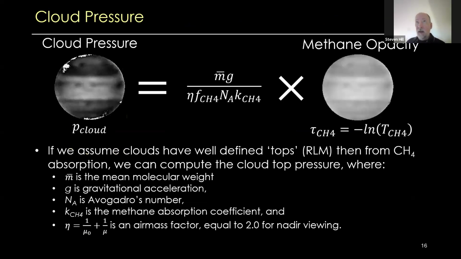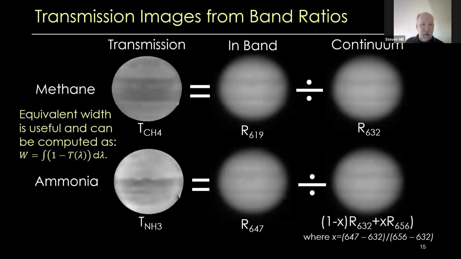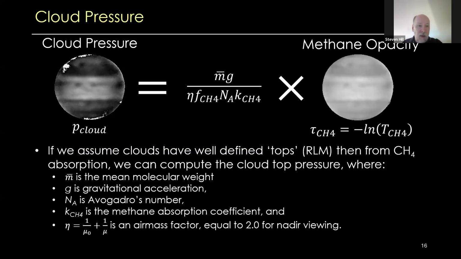The 668 methane band contaminates the 647 nanometer ammonia band and the continuum band. Let me jump back there a second. So I use an interpolated value there just to get rid of that contamination. And also we can compute equivalent width as a useful tool, and we'll see that a little further in the analysis. For cloud pressure,